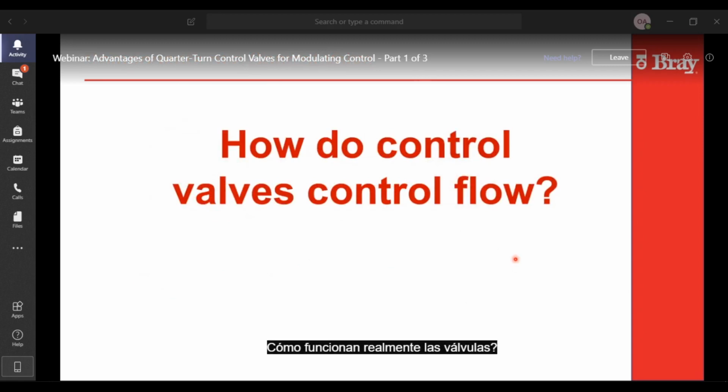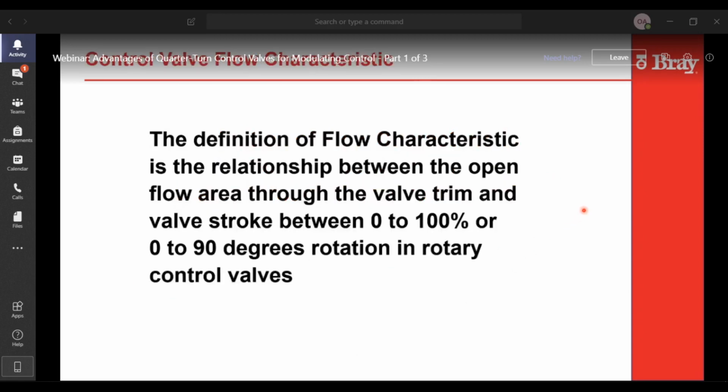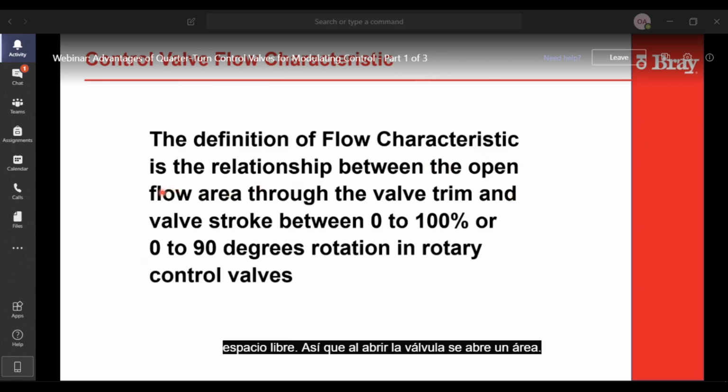So how do the valves actually control the flow? Control valves have a clearance. As you open a valve, you open an area greater and greater to the flow.